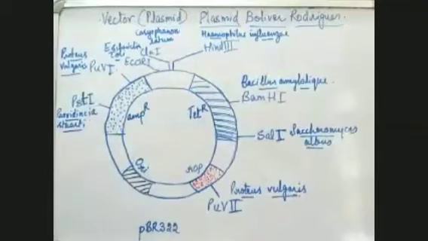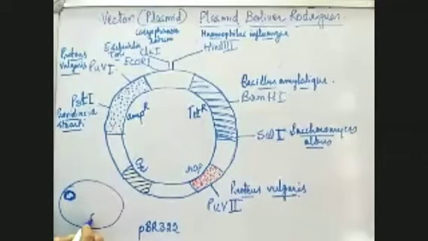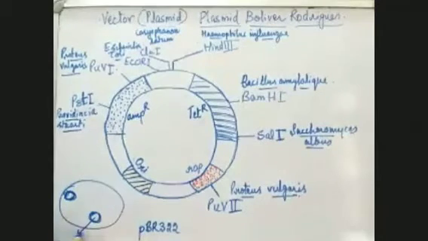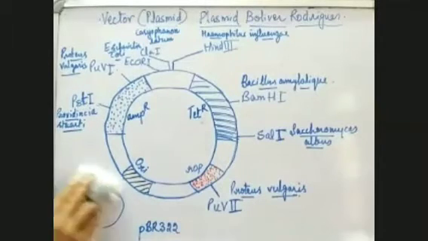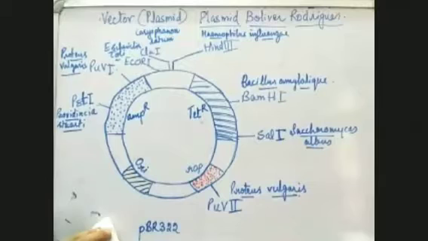And what is it? This is a plasmid. Before, researchers used to take out the vector from the bacteria. If this is a bacteria, this is the bacteria's nuclear material, and this is the extrachromosomal material, which is a plasmid. The researchers used to take it out and use it as a vector. But afterwards, this vector was artificially prepared and is commercially sold.